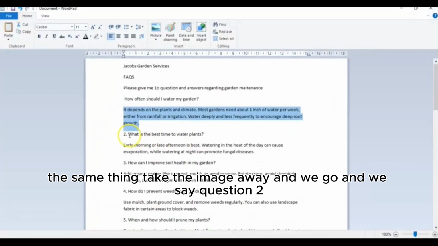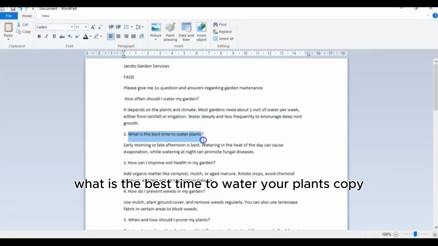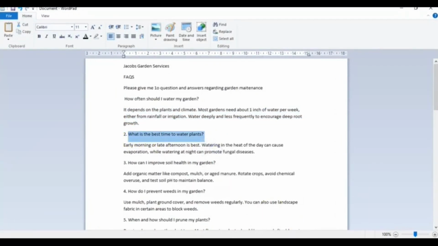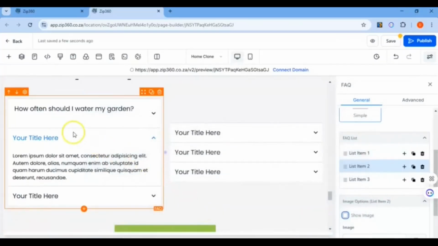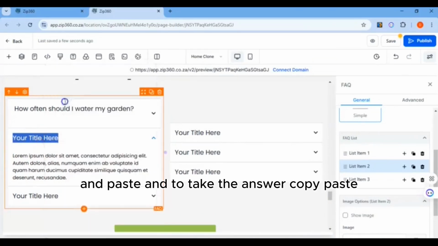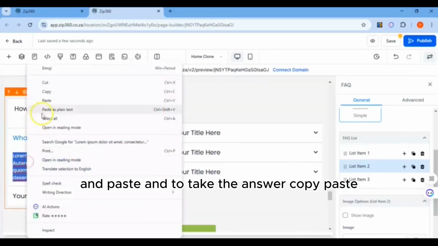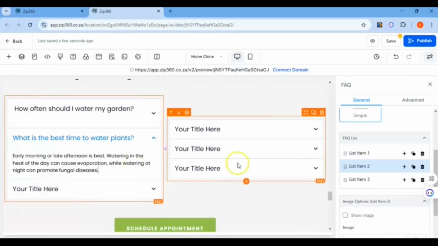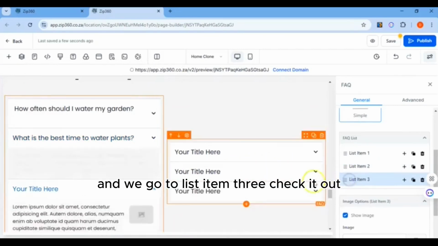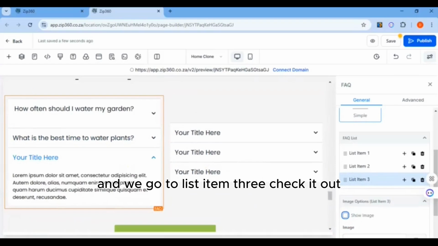And we say question 2, what is the best time to water your plants? Copy, and paste, and we take the answer, copy, paste, and we go to list item 3, take it out.